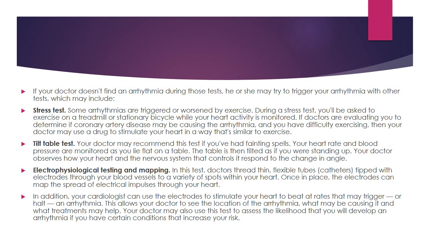The patient is going to be lying on the table. He'll be strapped, secured, and anchored properly so he's not going to fall off, and the table is going to move in all directions. This observes how the heart and the nervous system control things, and whether the person experiences any symptoms when the test is being done. That is how you perform the tilt table test.